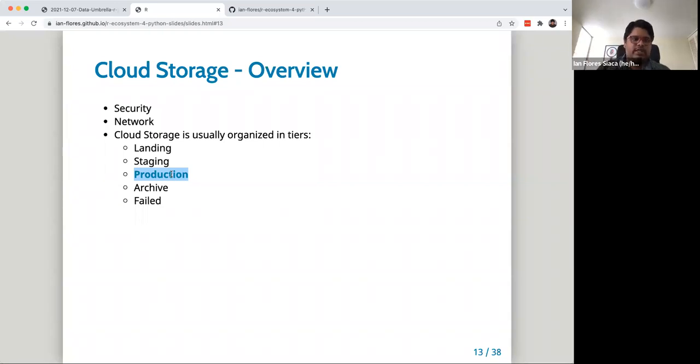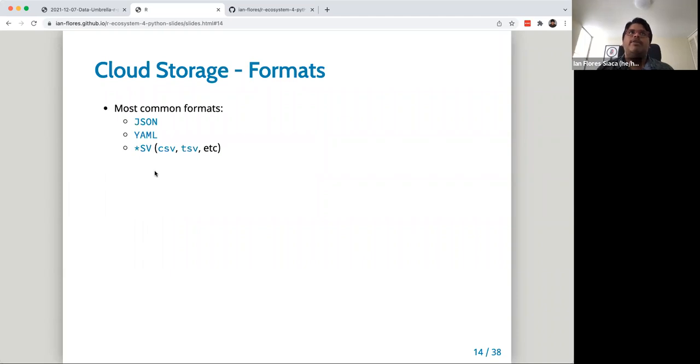But it might still contain some raw data that might be useful for doing the work that needs to be done. Now, when we're talking about cloud storage, there are many different formats in which you can store. You can literally store in any format in the cloud. But the most common formats that I see around data science work are JSON, YAML, and, I added an asterisk, CSV, but those are all of the delimited files, like comma CSV, tab CSV, etc. So yeah, these are just the most common formats that I see and in which folks usually store their data